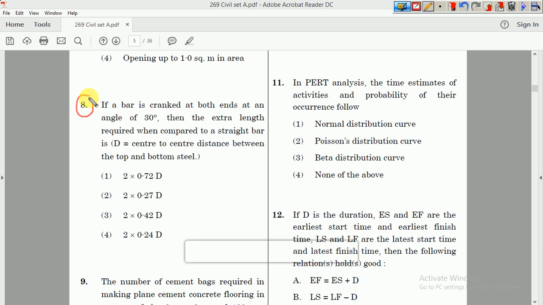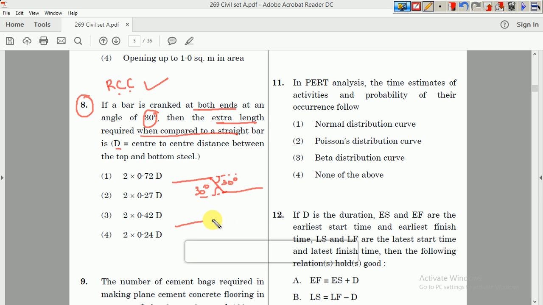Fine, this is a very important question which appeared from RCC, reinforced cement concrete. If a bar is cranked at both the ends, they are telling the bar is cranked at 30 degree at both the ends, then the extra length required when compared to the straight bar, D is the center to center distance. I'll just give you a hint. Normally just assume this is an RCC bar, cranked 30 degree at both the ends. That means this is 30 degree and this is 30 degree. Okay, they are asking us to find the extra length required when compared to